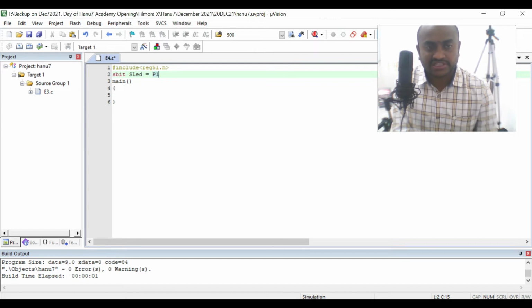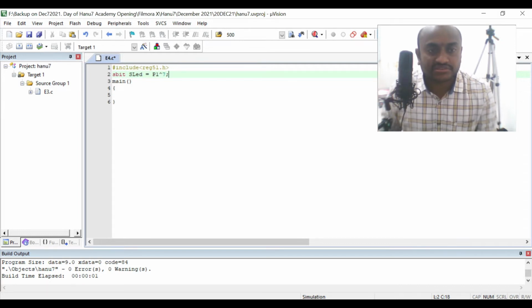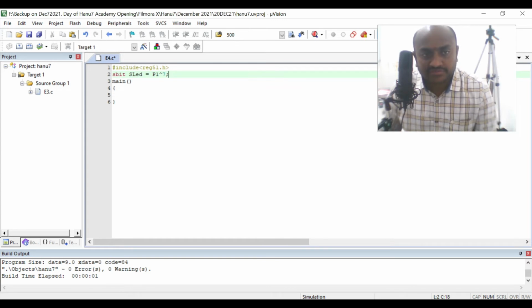Say for example this LED is connected to 1.7, so give P1 cap 7 and then put a semicolon there. That completes the declaration of the LED whatever you want to program with the name SLED. So I would like to call this P1.7 in the program wherever I want with the name SLED.